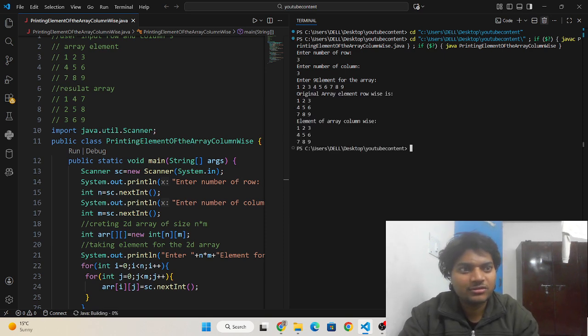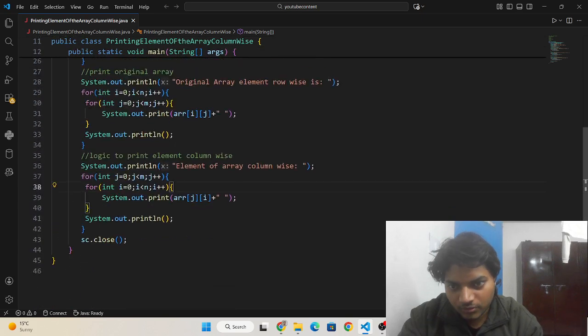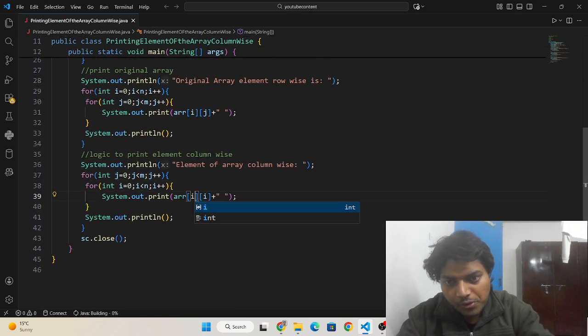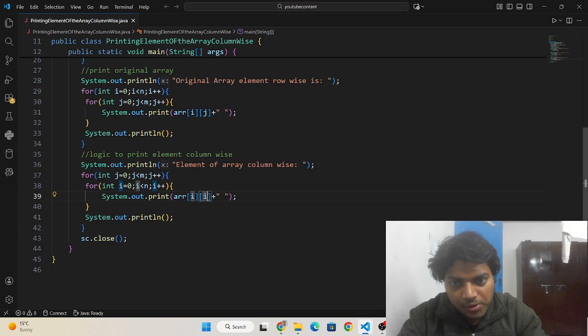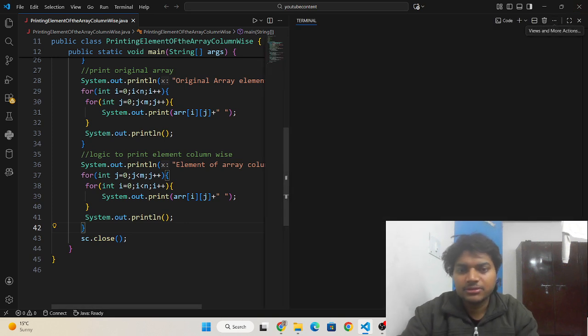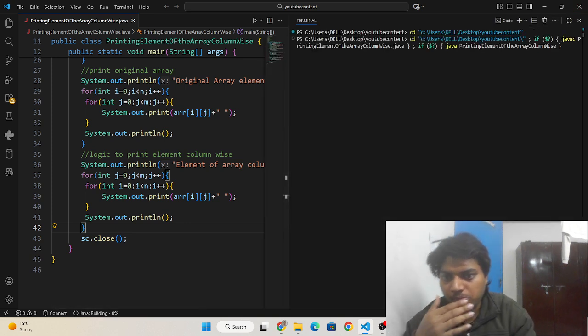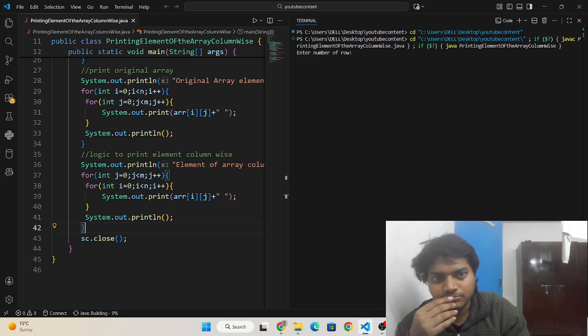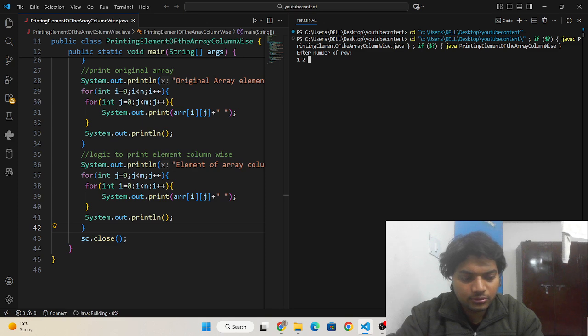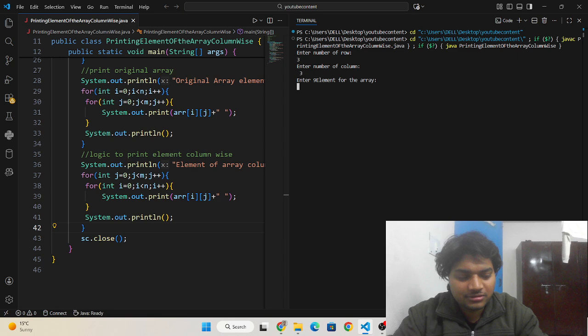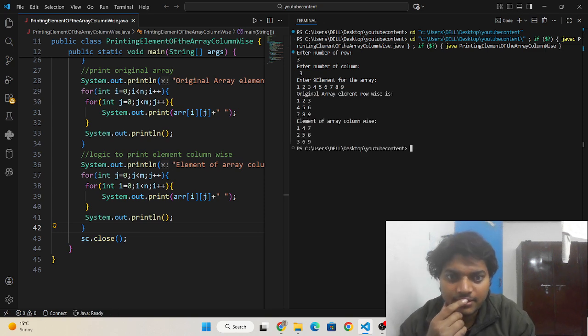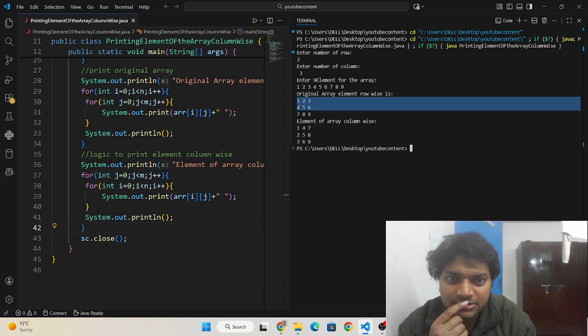Oh, we need to print here what? i, and then j, and then execute. 1 2 3, not 3, we need to print here 3 3, and then we need to enter the elements 7 8 9.